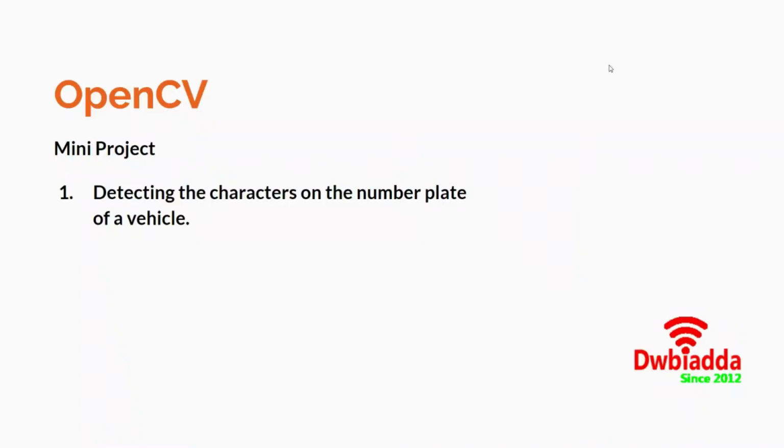Hello everyone, welcome back to the lectures on computer vision. In the last lectures in OpenCV, we were building our own mini project where our main goal was to read the characters on the number plate of a vehicle. So I hope you are now comfortable with the concepts and you have seen every code that we have written and done that coding yourself and tried that on various images to know what it works on and what it does not. So I hope you have done your experimentation on your part as well.